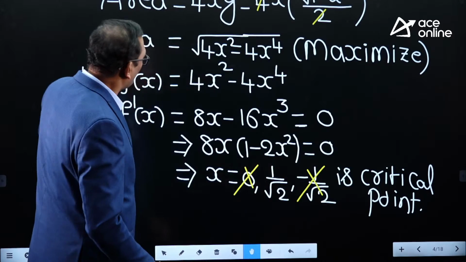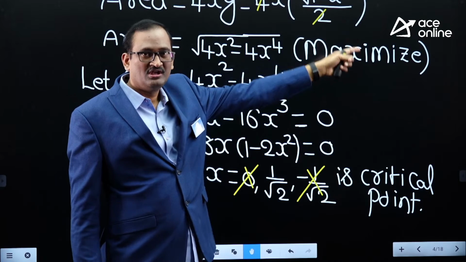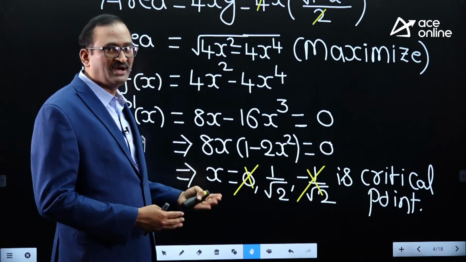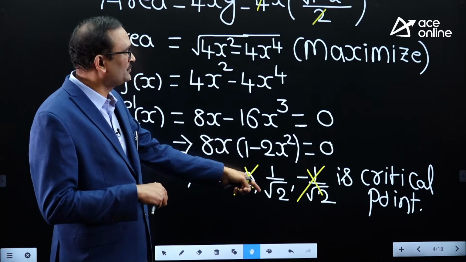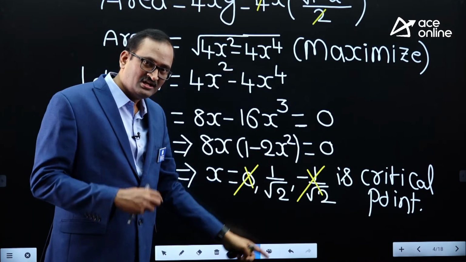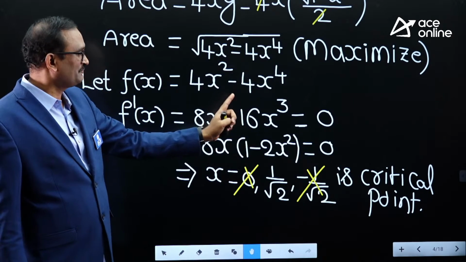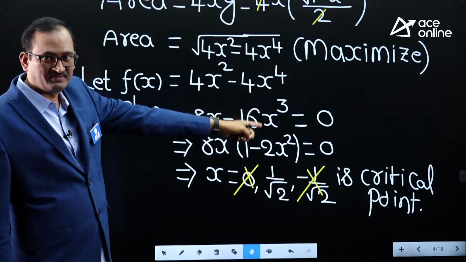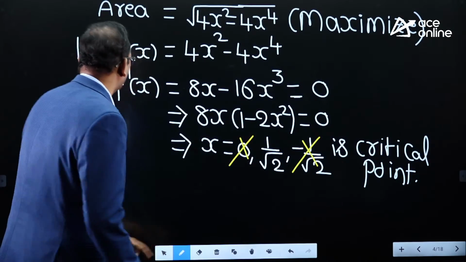In the statement of the problem, it was clearly mentioned the given function will have a maximum value. So what is that maximum value? We all know maxima and minima occur at critical points only. Fortunately, we got only one critical point. Obviously, this maximum value occurs at this critical point. To know what that maximum value is, simply substitute this critical point in the given function. You will get the required maximum area. Therefore, the maximum area of the rectangle,